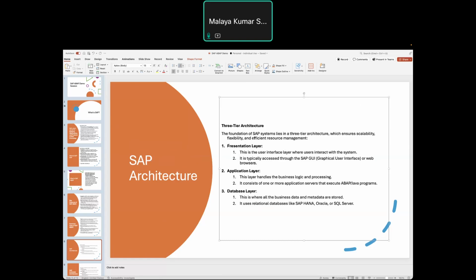So the presentation layer is the interface you are seeing here, the application layer is your RAM memory where your application runs, and the database layer is your hard drive where your data is present. Okay, data is actually present. So these are the three parts of your SAP architecture.